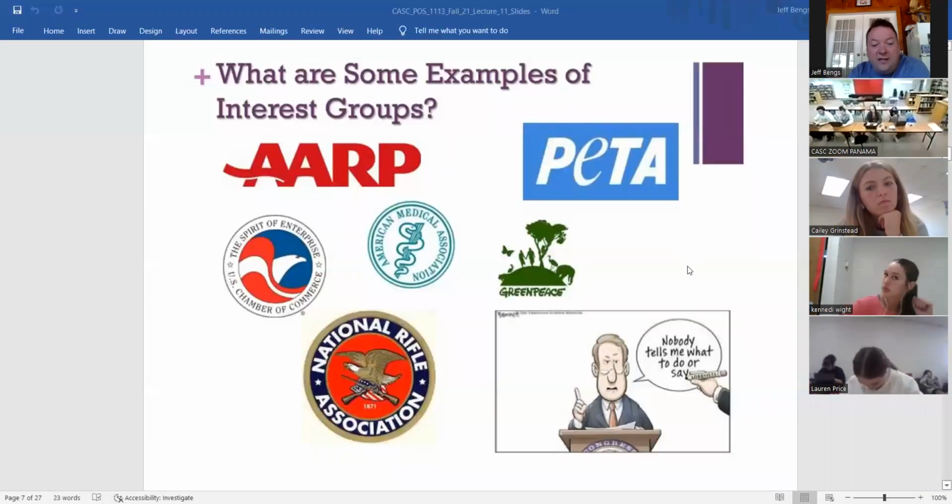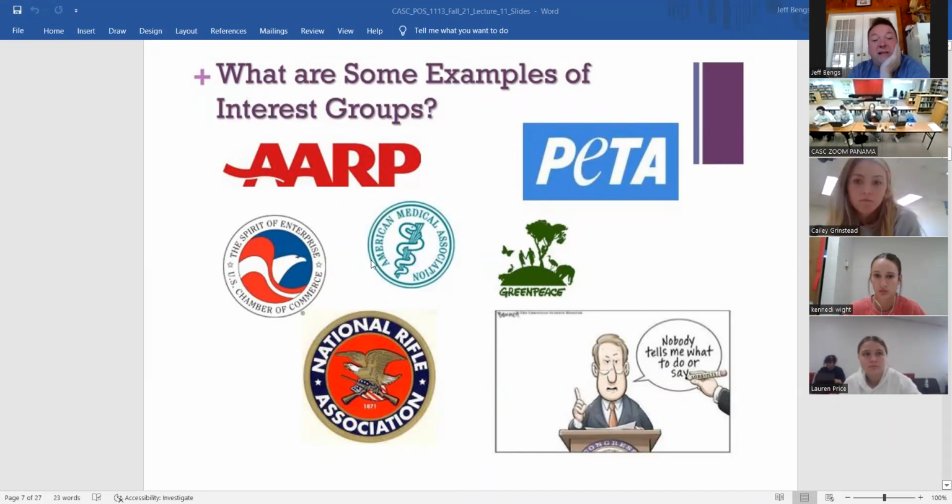Another famous one is the National Rifle Association. If you're a hunter and you like your guns and you got 2 huge safes in your basement where all your hunting guns and ammo and everything concerning hunting is, and you don't want that taken away, you can join the National Rifle Association. Those are groups, PETA and the NRA, that have a specific issue.